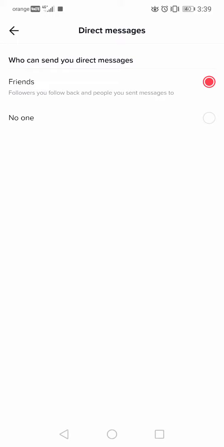So you have these two options, which is interesting because in some applications you can also set it to everyone. So anyone from the application can send you private messages, but here you have only these two options, friends or